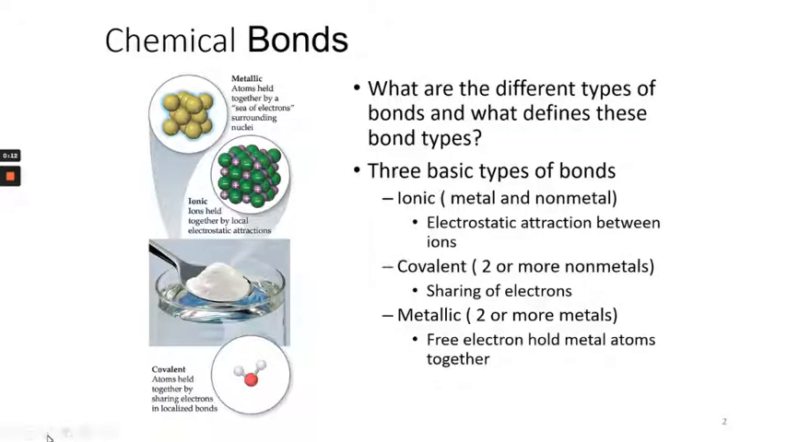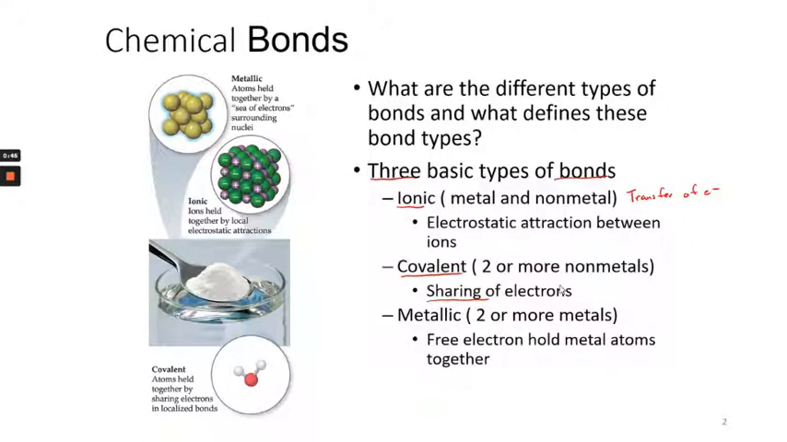So let's start with chemical bonds. What are the different types of bonds, and what defines these bond types? Well, there are three basic types of bonds. Ionic, which we normally classify as a bond between a metal and a nonmetal. What holds them together is the electrostatic attraction between the ions. Here you have a transfer of electrons. The second type is covalent, where you have two or more nonmetals, and here you have sharing of